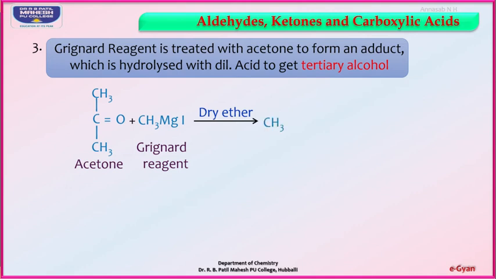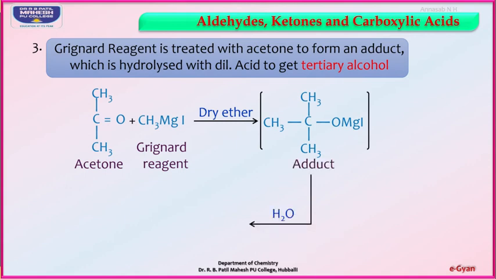The CH3 group of methyl magnesium iodide is going to attack the carbonyl carbon. So this CH3 group attacks the carbonyl carbon, hence there are a total of 3 CH3 groups in the adduct now, and instead of double bond O, now it is OMgI, an intermediate adduct, which on hydrolysis leads to the formation of